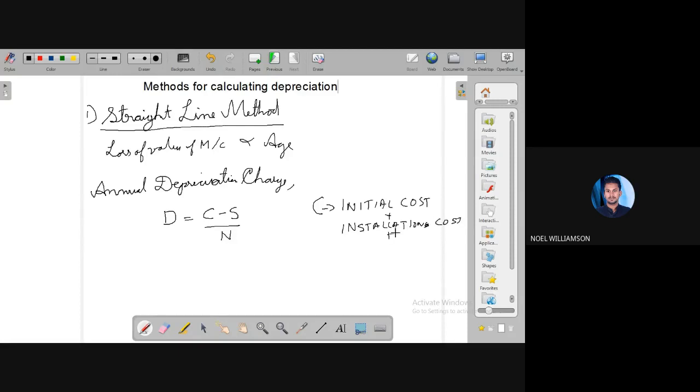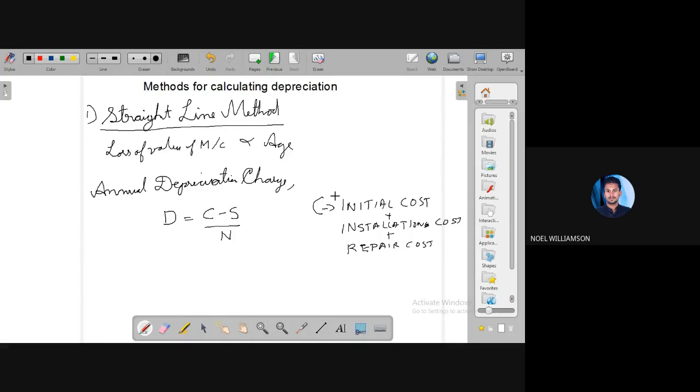Also, the repair cost will be added in case of any repair. So these all come under the value C. Now, from this cost, we reduce the scrap value or the salvage value. We already discussed it. That is the value which we will get after the useful life. We know that this particular amount you will definitely get from the product.